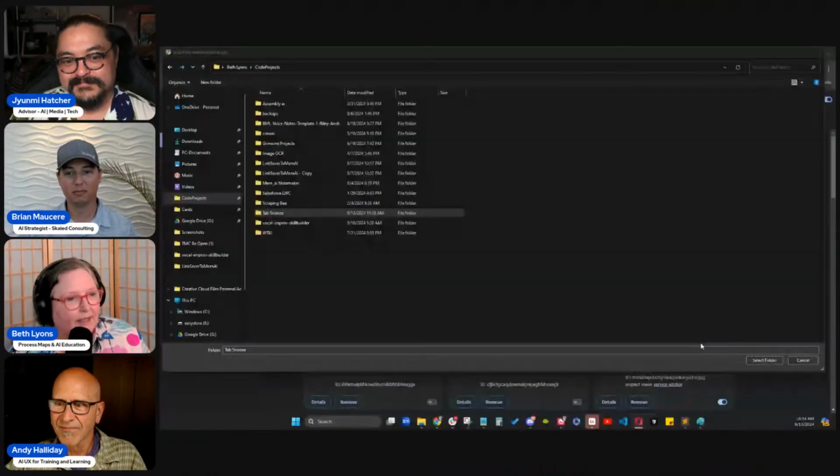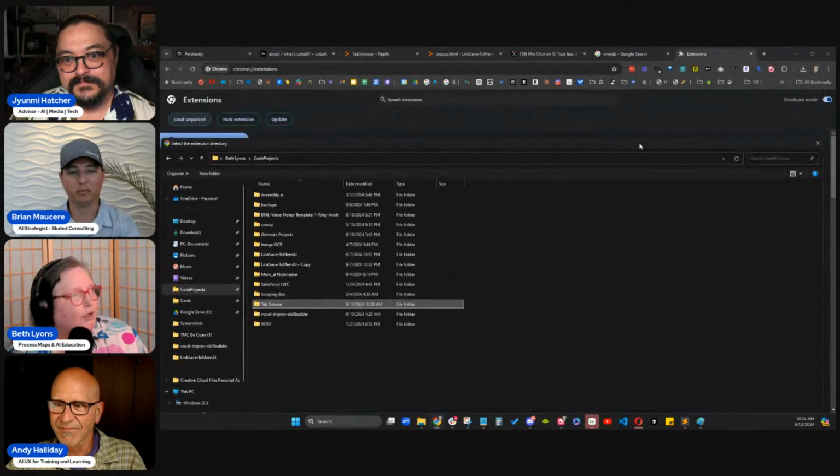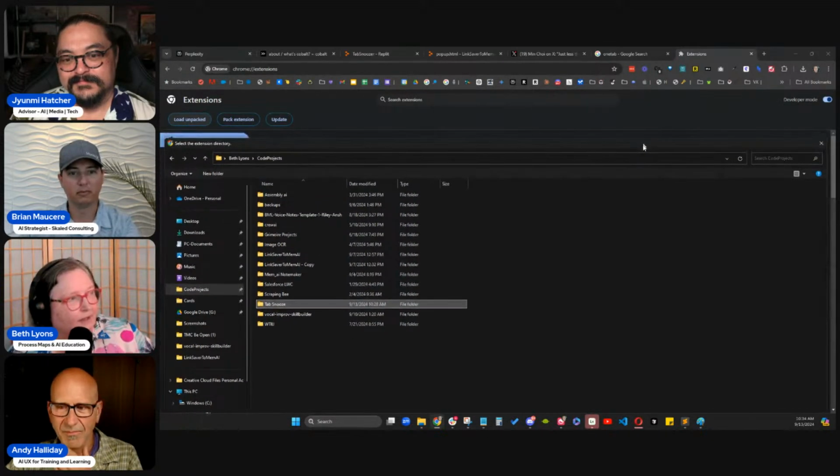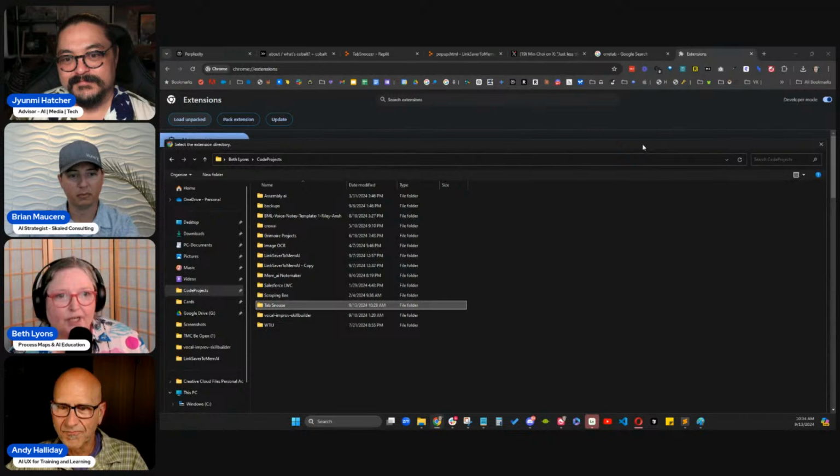All right. So what I have done is I've downloaded the files, which you have to do in order to upload something to Google Chrome. And I have gone to Chrome extensions, which lets you get to that Load unpacked, all the way up in the top left.